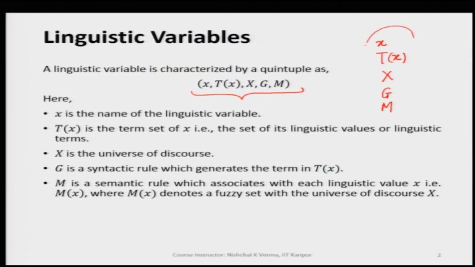So, that is how we have these 5 variables, and these 5 variables are put together to be called a